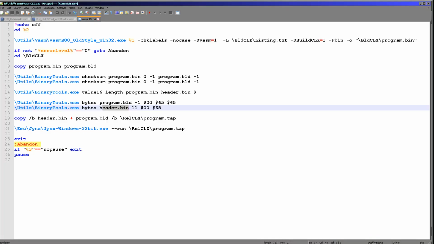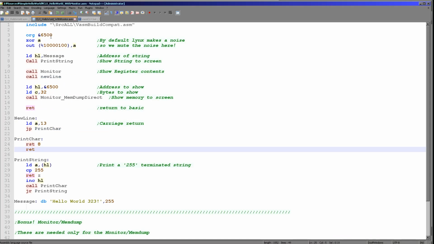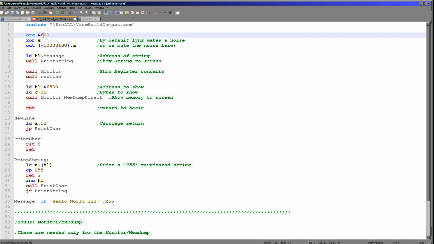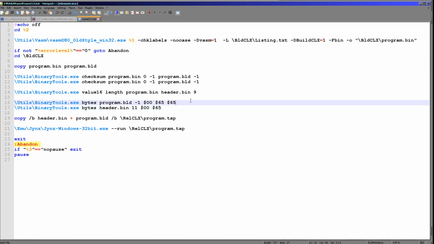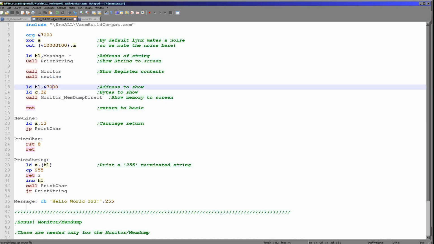So if we were to change our program code, we can try that here. Suppose we didn't want to load to 6500, suppose we wanted to load to 7000. Just change that. We'll change this as well, just so we can prove it. Now if we change this here to 70, and this to 70, and this to 70, hopefully, if I've done this right,